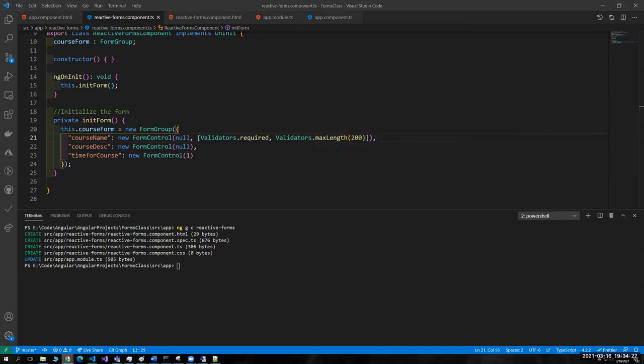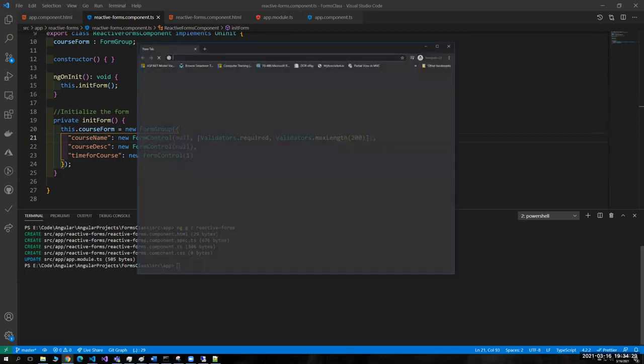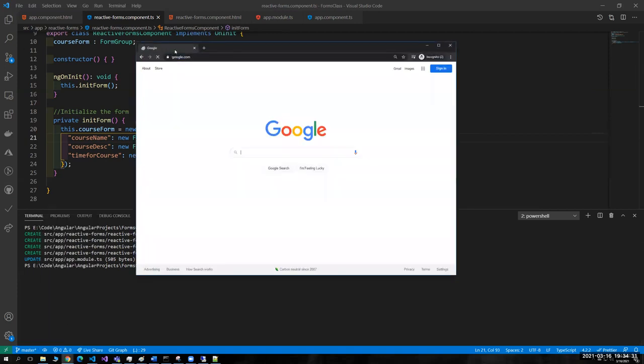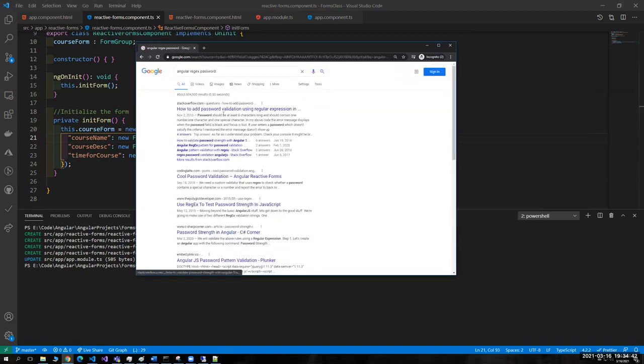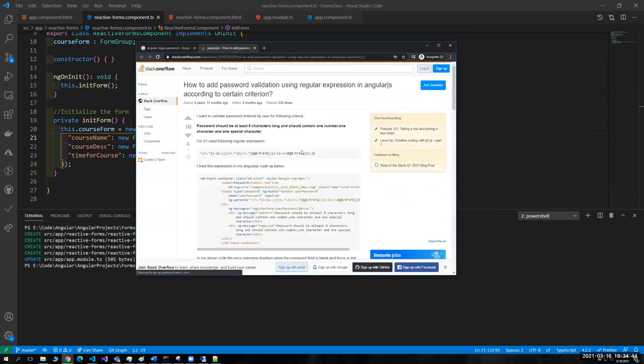I would say most of us won't actually remember how to write patterns, but another thing you can look up is regex. I would simply say Angular, let's say password, right? I would do that, and it would just show me, let's say,